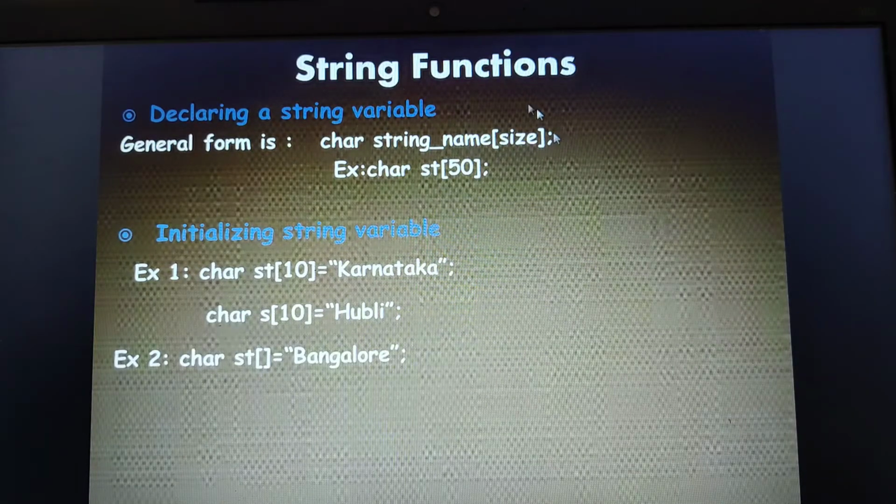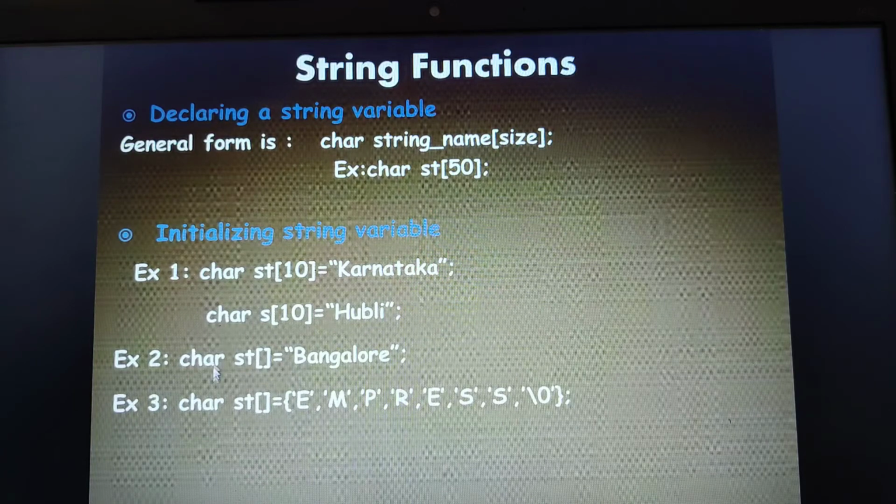Now look at this particular way of initializing. Here the string st is initialized without specifying any size. Now the size of this string st will be determined by looking at these values. So what will be the size of this one? 1, 2, 3, 4, 5, 6, 7, 8 and 9. So the size of this string would be 10 bytes, the 9 characters plus 1 for the null character. So it is not compulsory or mandatory for you to specify the size. This is one of the ways you can initialize. Moving on to the next one.